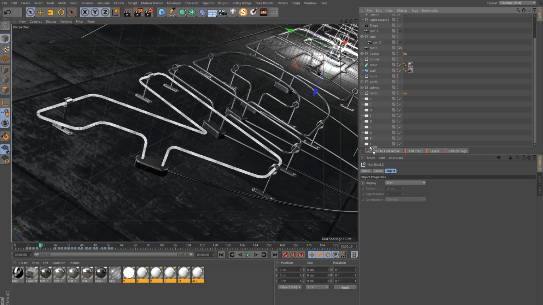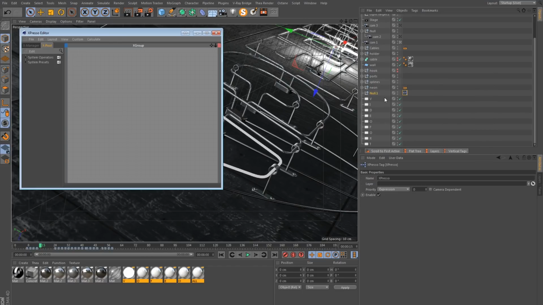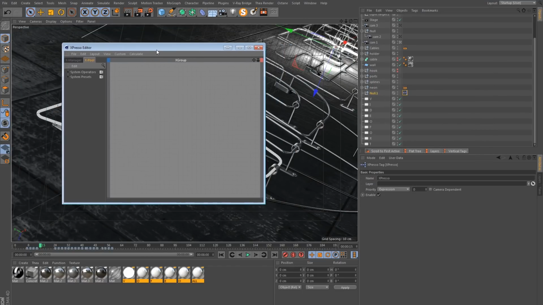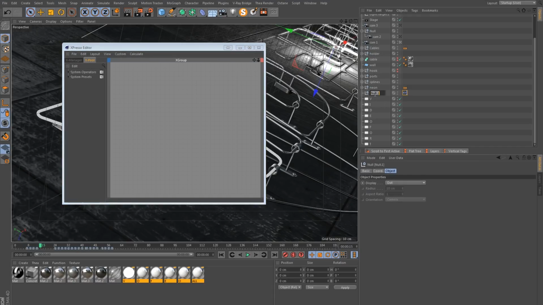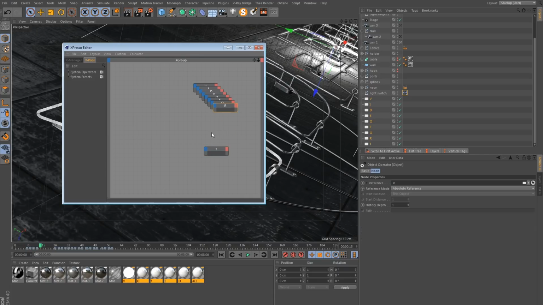So if I get a null, let's bring this down here and attach an Xpresso tag onto this, which will open up the Xpresso editor. And let's call this light switch. Okay, and I can take all of the lights, put them into here, and they are all labeled.